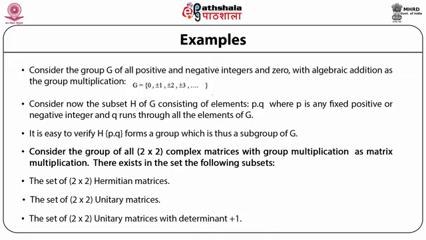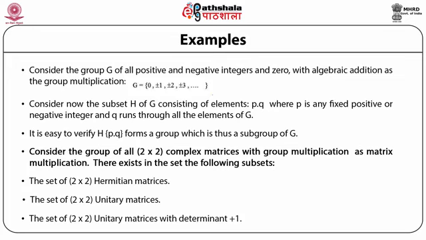It is easy to see that the subset A, which consists of 2 by 2 Hermitian matrices, is not a subgroup. Because if H1, H2 are two 2 by 2 Hermitian matrices, then the product H1 H2 in general is